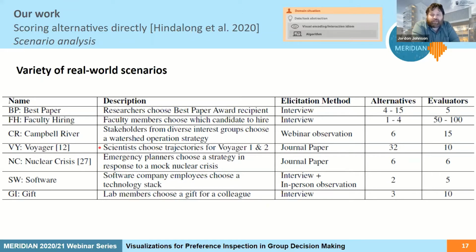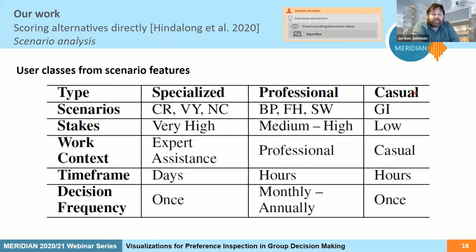The scenarios vary wildly in terms of domain, but they also vary considerably in terms of how many alternatives are being dealt with. For Voyager 1 and 2, we had dozens of alternatives. For picking a technology stack, there were only 2 in the case we looked at. And similarly, the number of evaluators can vary from just a handful to dozens. In addition to these structural features, there are a number of other features associated with the decisions we looked at, including what the stakes were. So very high, obviously, something like launching a spacecraft would be considered very high,